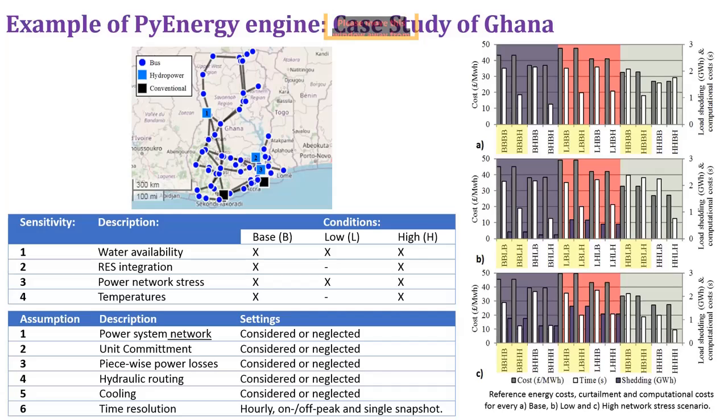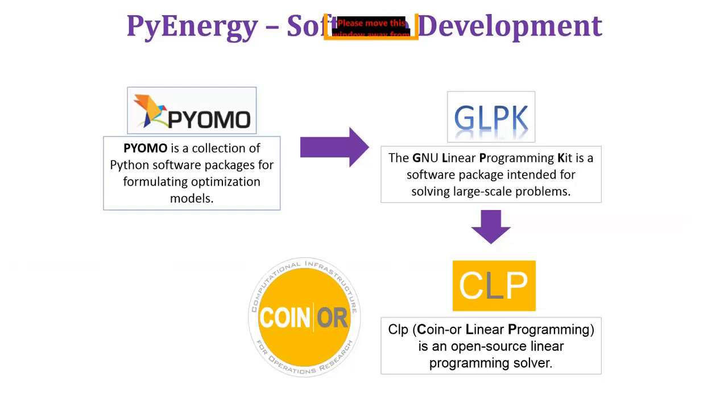The computational cost is an important matter in our work, considering the complexity of the problem and the need for computational efficiency. So I will now pass it on to Nicholas, who will provide an update on the development of our engine and on our efforts to improve the computational efficiency of our algorithm.